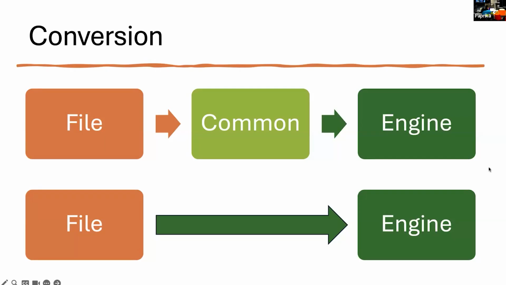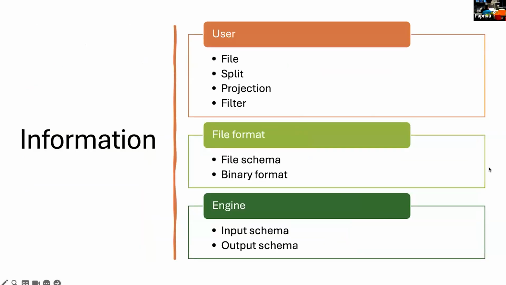But if you want a performant one, you need the direct conversion. So we went with a model which allows the direct conversion. Later we can introduce an intermediate one, and we can say that, okay, there is an intermediate reader, and from the intermediate you can read it from the engine. But we need to provide the possibility to have a direct conversion. So this was one of the big decisions which we needed in Python.